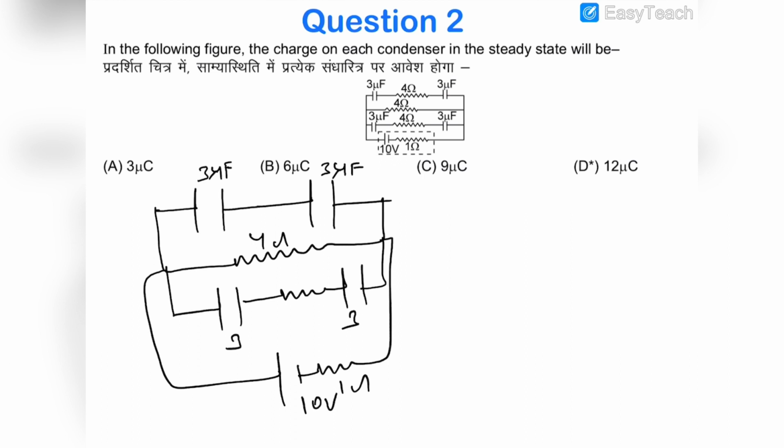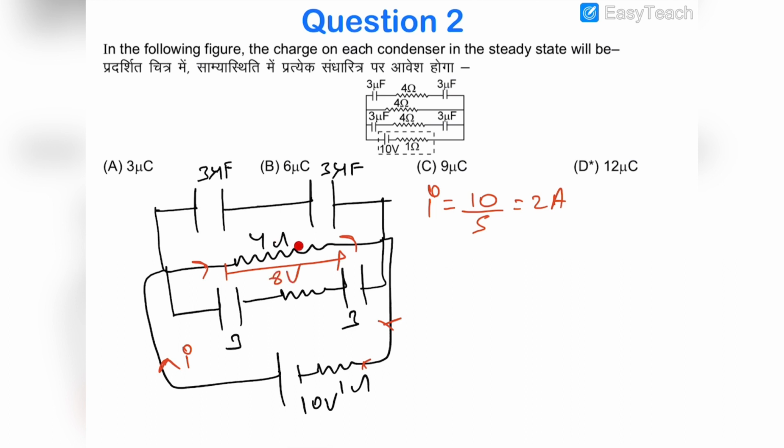Now you can just imagine that current would be flowing like that through this branch. Okay, so 4 and 1 would be in series, and therefore the current flowing through the circuit will be 10 by 5, which is 2 ampere,